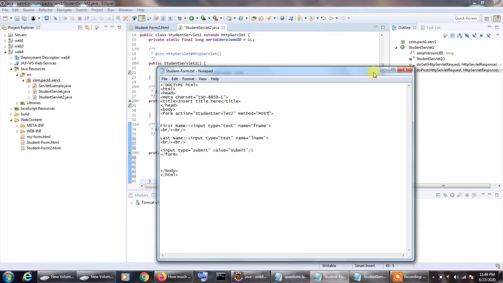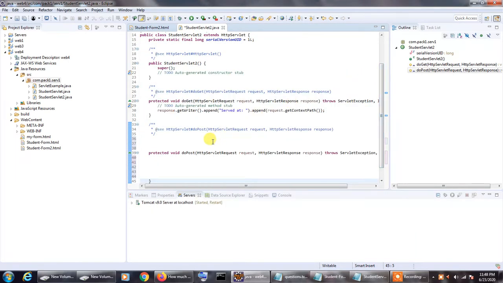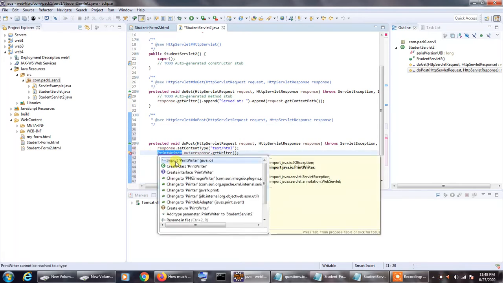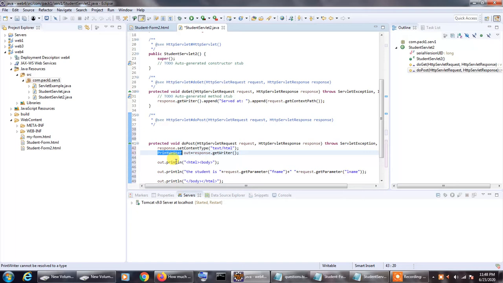The code will be the same as the one we used in case of the doGet method. The process is entirely the same, but instead of doGet we are using doPost. Once again Eclipse is showing an error that the PrintWriter object cannot be resolved to a type, so we will have to import the java.io package.